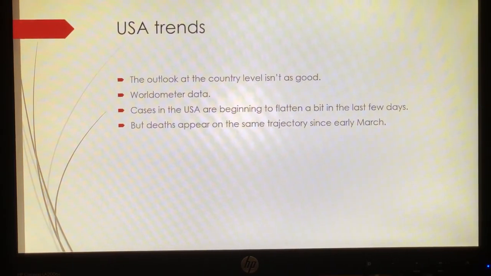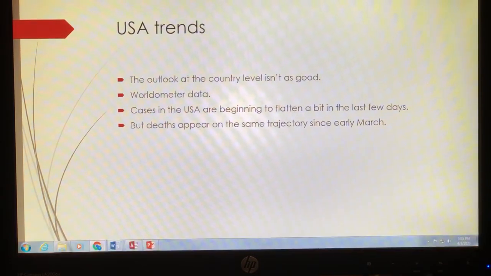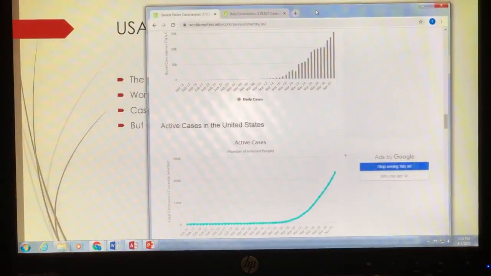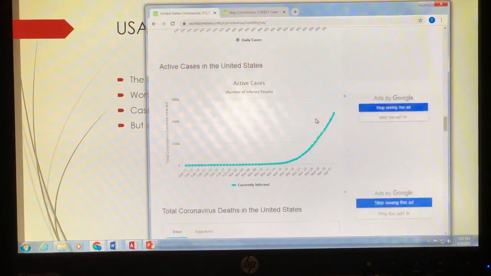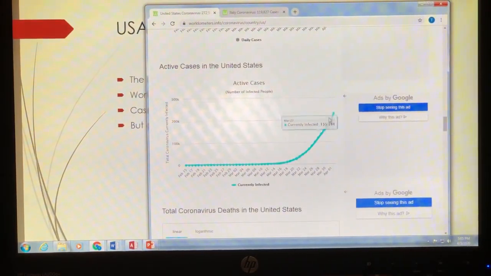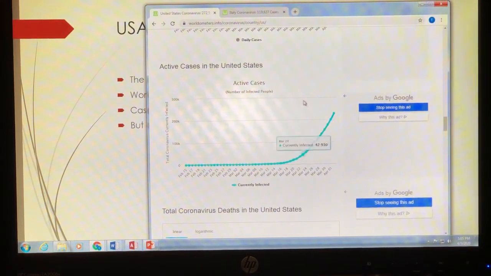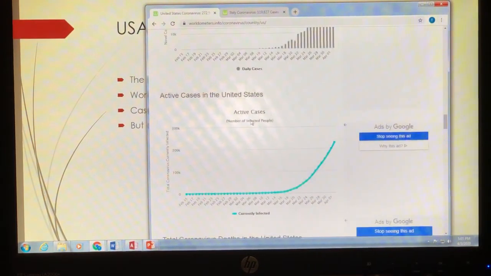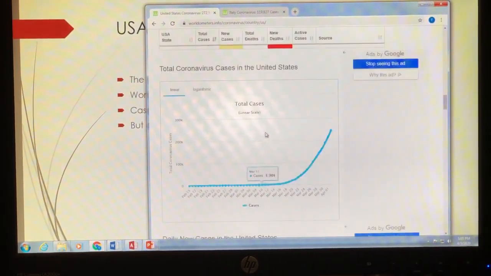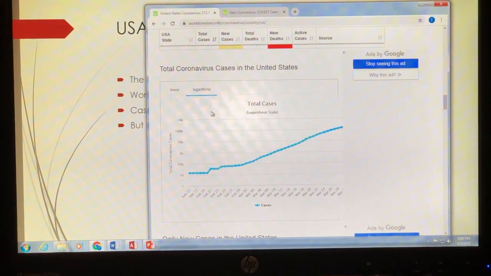Now, if we go to the US and look at the country overall, the trend isn't quite as good. So let me pull up the US data. Again, we see the typical very fast run up in cases. Oops, I'm sorry, that's active cases. So if we go to the total cases, the cumulative cases, we see this very fast run up in the number of cases. Again, we don't want to look on this scale,